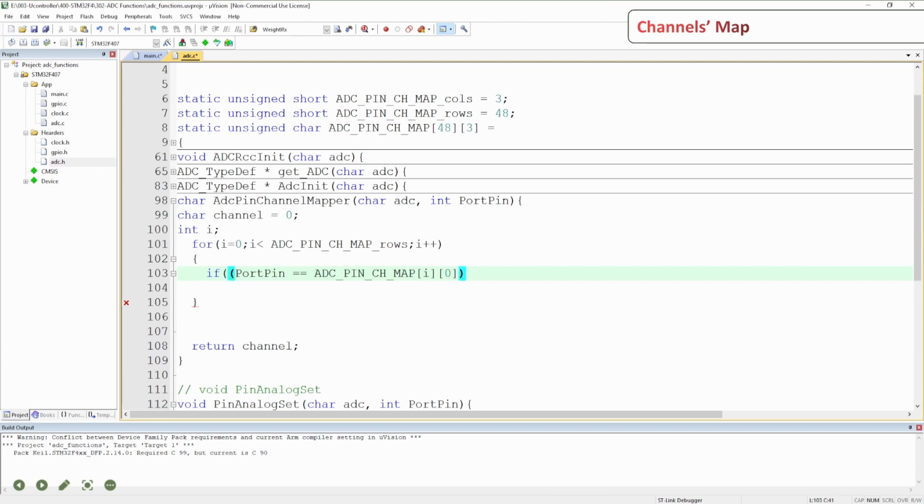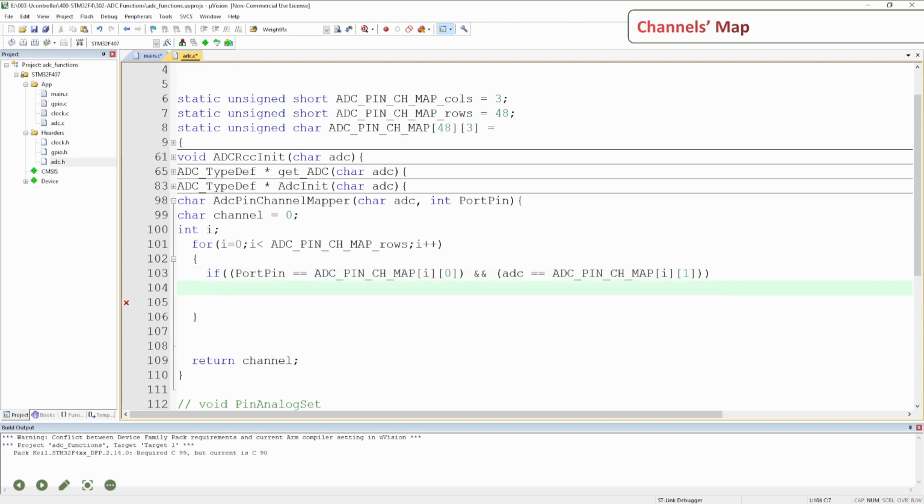So if the port pin is equal to this one, and we go here again, the ADC is equal to the same thing. We just copy this again, and we don't need the equal again, but here 1. So if the port pin is equal to the port pin in this map, and also the ADC is equal to the ADC within this map within the same row, then what will happen